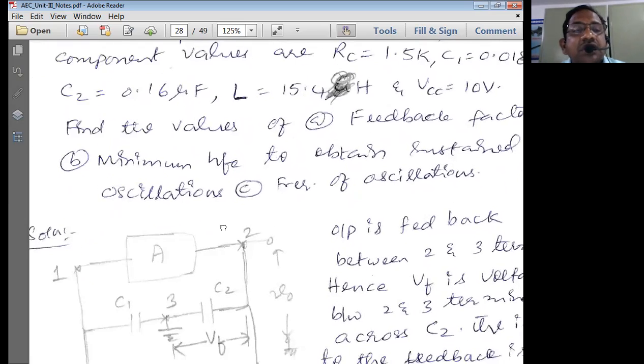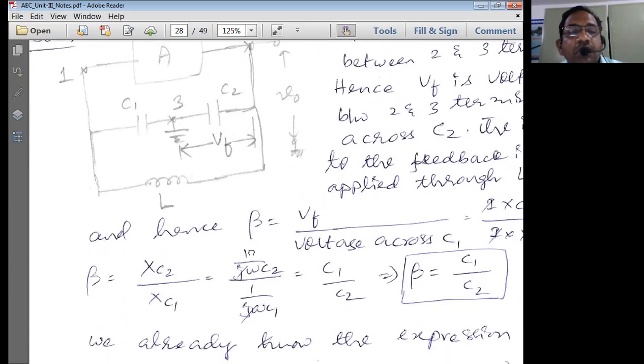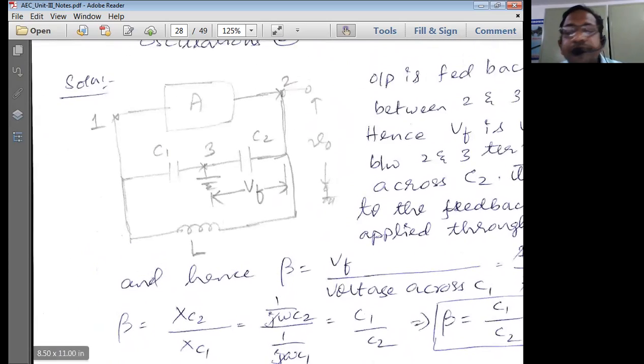The next variety is on the Colpitts oscillator. So another problem is given on the Colpitts oscillator. Colpitts means what? We simply interchange inductors by capacitors and capacitors by an inductor. So on the first arm in the feedback network, we'll be having C1 and C2. In between C1 and C2, you're going to have the ground connection. See this? Then there will be an inductor in parallel to C1 and C2.